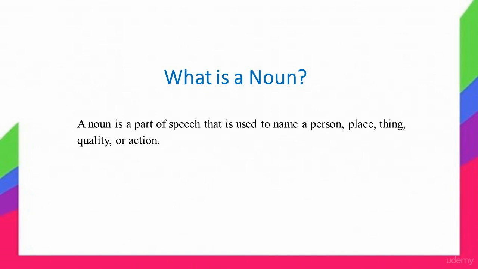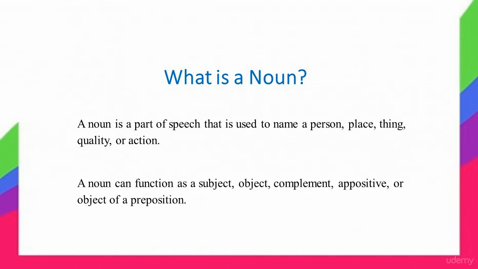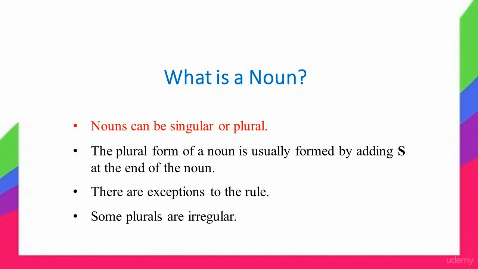A noun is a part of speech that's used to name a person, place, thing, quality or action. A noun can function as a subject, object, complement, appositive, or object of a preposition. Nouns can be singular or plural. The plural form of a noun is usually formed by adding s at the end of a noun, but this is not always the case. There are exceptions to the rule. Some plurals are irregular. For example,